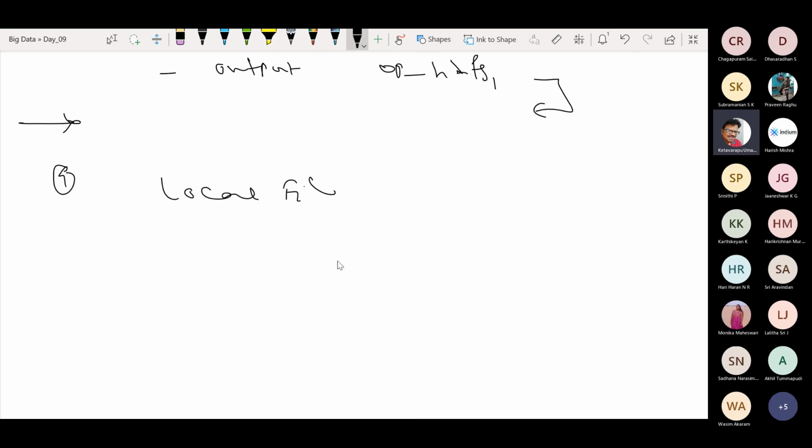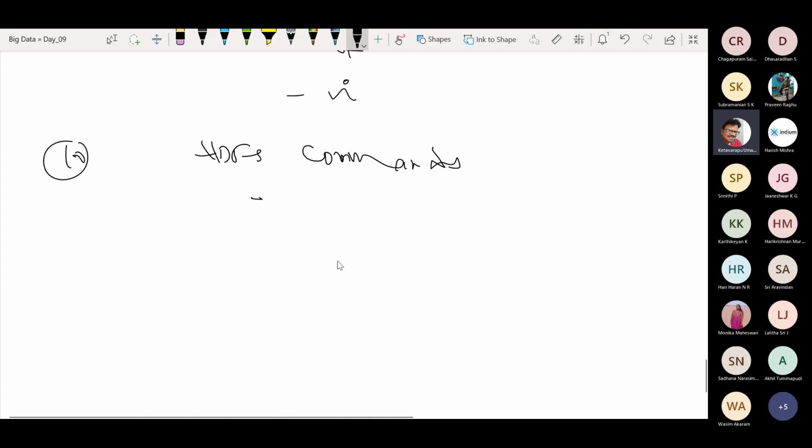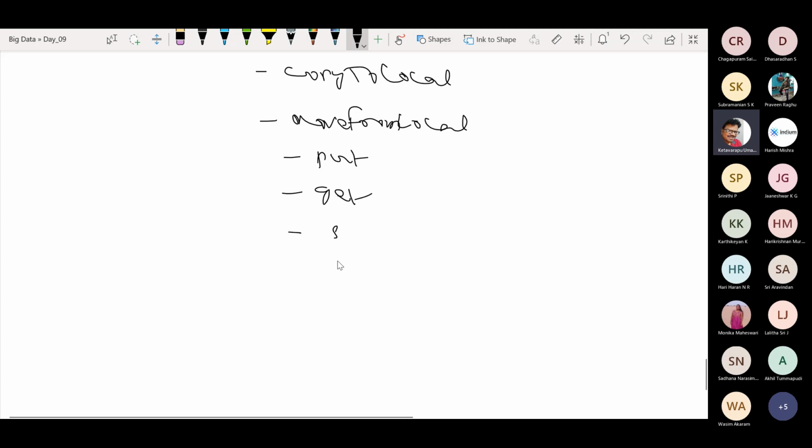And in between we executed certain commands of the local file system, like ls, cat, vi, all these kinds of commands, and many related to the HDFS command set. We have seen these to notify something, because while you're referring to this web shell, you should be able to recollect all the things, guys. That is the idea. So we have seen copyFromLocal, copyToLocal, moveFromLocal, the put command, get, and thereafter setrep, cp, mv,